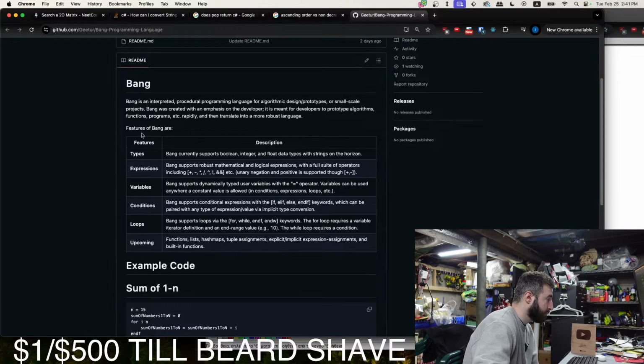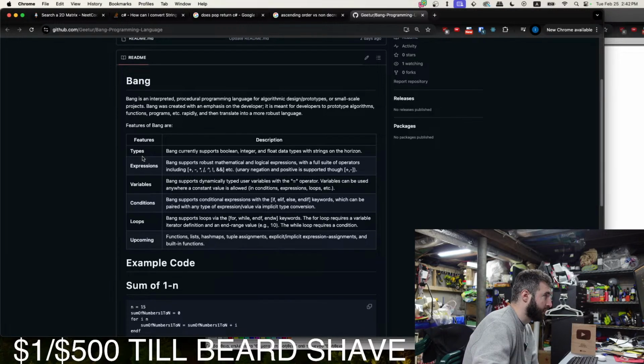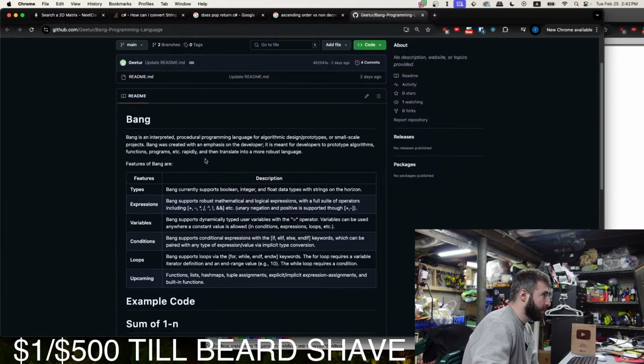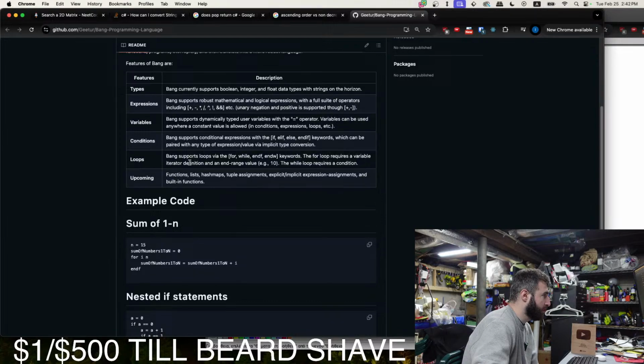Interesting. So we've got features, we've got types, you support Boolean, integer. Did you actually implement this or did you just come up with a specification of it? Float data types with strings on the horizon. Okay. Expressions, robust mathematical and logical expressions.